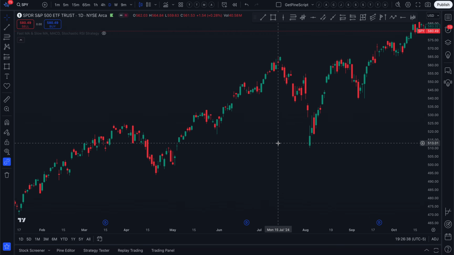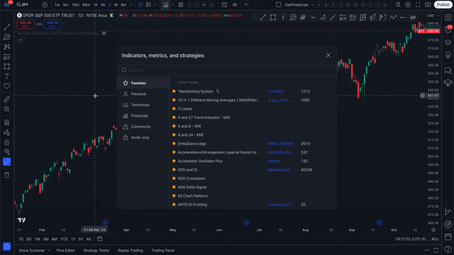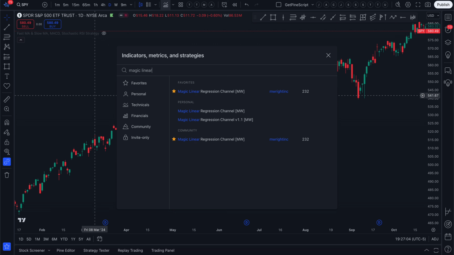So this is a simple blank TradingView chart. And what Get PineScript does is allows you to create indicators and strategies. So what's an indicator? An indicator is basically a way to visualize chart patterns that can typically be configured. So for example, I can add one of our indicators, Magic Linear Regression Channel,